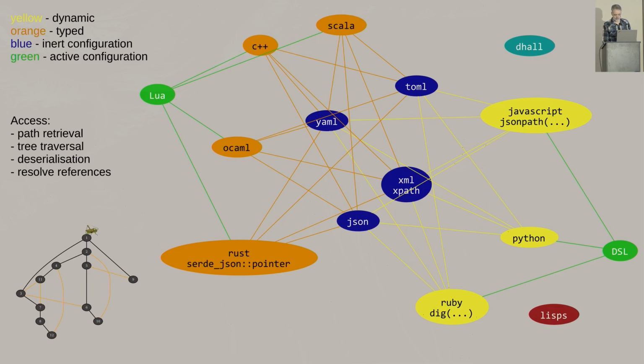How much time do I still have left? 2 minutes. All right, so the other point that I wanted to make here was that, firstly, I've colored those yellow as dynamic languages, and usually any one of these dynamic languages will cheerfully parse any one of YAML, TOML, JSON, even XML into some structure of nested arrays and dictionaries, which is usually pretty trivial to either do that path retrieval I'm talking about, or you can do tree traversal on those.